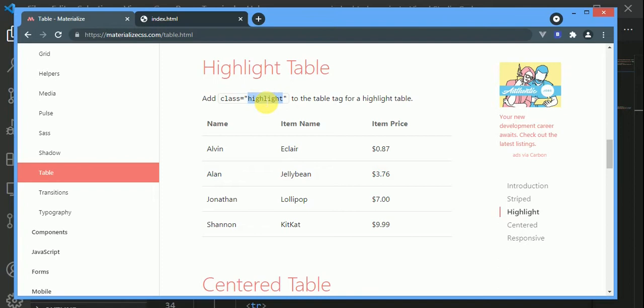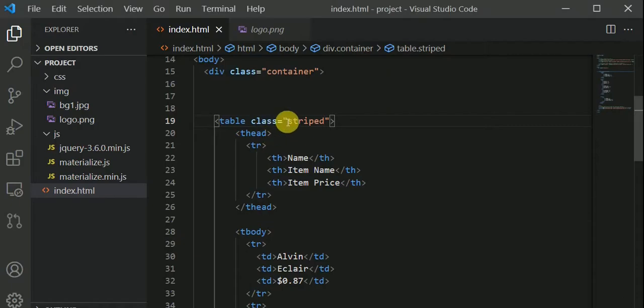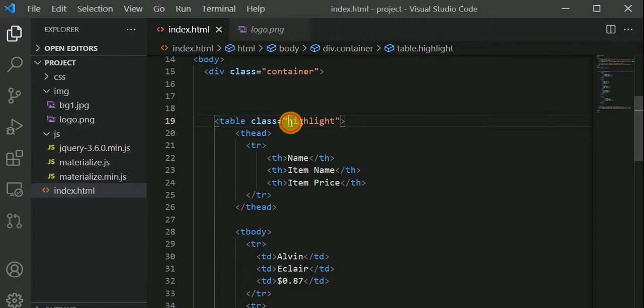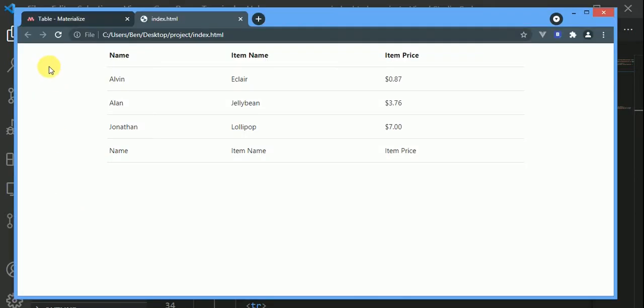Okay, I now copy highlight, change this stripe to highlight. So when I come back to my code, you see I have the highlight. Okay, you can still add two of them. You can still do stripe, okay, and still do highlight. Look at what will happen here. You see I have stripe. Anytime I hover over now, you see